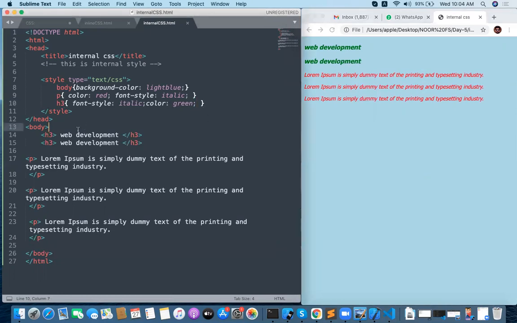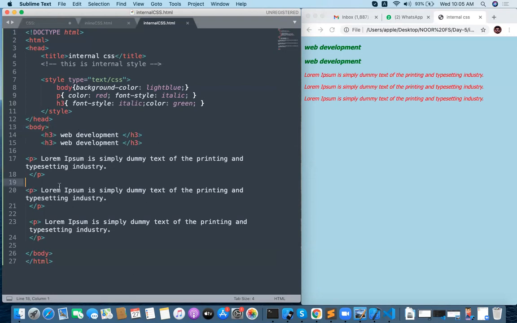Later on, I will give you the class concept, ID concept, and the tag concept. That is called selection: how to select a specific element from the HTML, I will tell you later. But you can understand how to write inline CSS, internal CSS, and external CSS in this class right now.